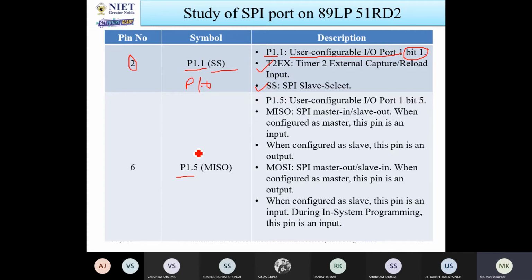So the first pin, P1, is user configurable input output. You can configure it as an input or output. Next, timer 2 external capture reload input. This will also work as a capture